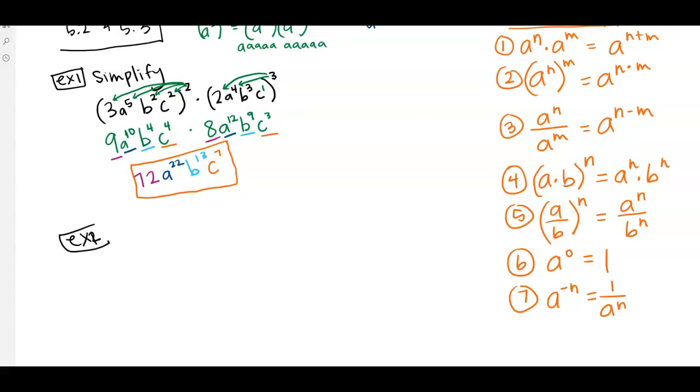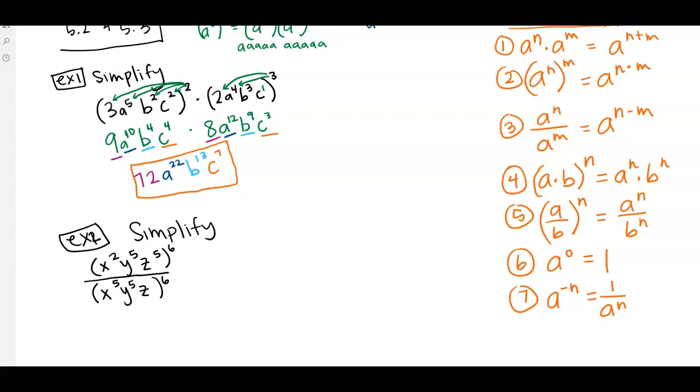Oops, example 2. So let's try doing one that looks like this. So again, it'll say simplify. And then this is going to be a fraction, but on the top in parentheses, I'm going to have x squared, y to the 5th, z to the 5th, all raised to the 6th power. Okay, so just all of that stuff on the top is being raised to the 6th power. On the bottom, in parentheses, I've got x to the 5th, y to the 5th, z, all raised to the 6th power. Okay, so